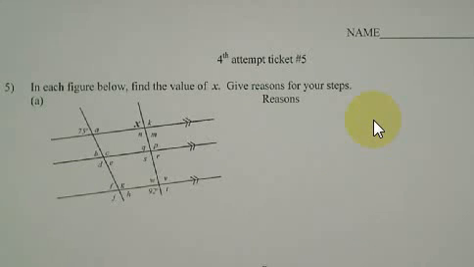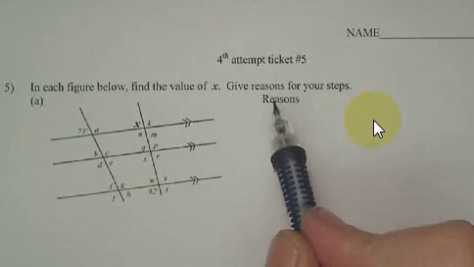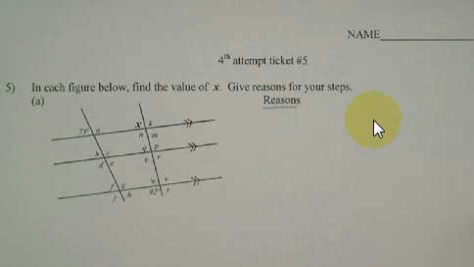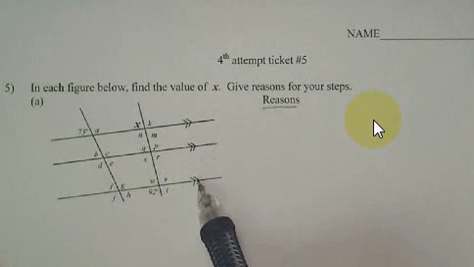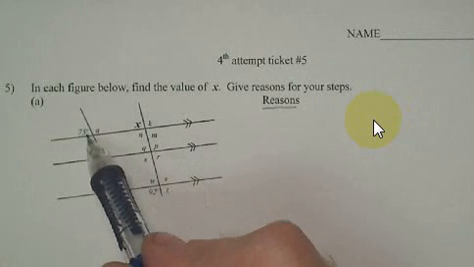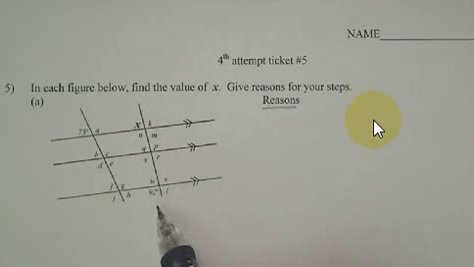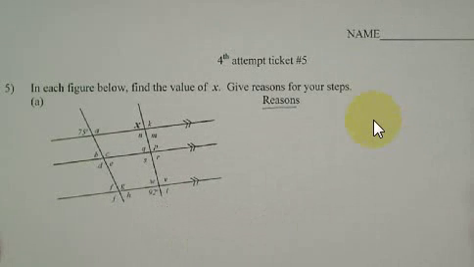In each figure below, find the value of x and then give your reasons for each step. And this is what most of you don't like, those dreaded reasons. Also, what you're going to notice is that there is decoy information in these problems. These symbols here mean that those are the parallel lines, which means that line right there and that line right there are the transversals. And the transversals provide intersections, if you will, like King and Taylor Road, that have matching